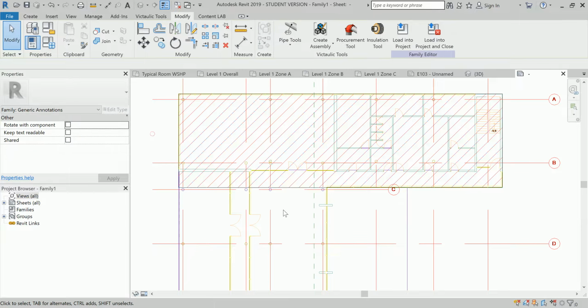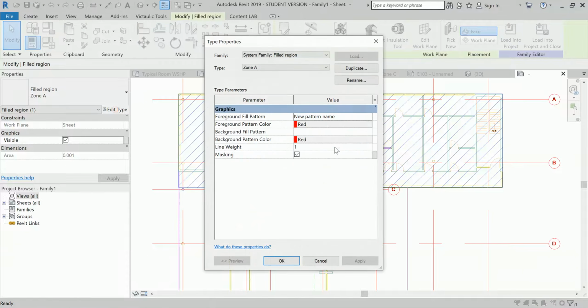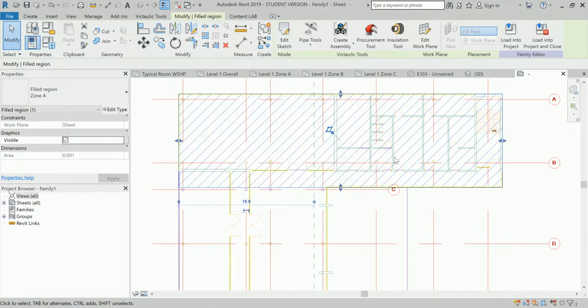So now it seems a bit more dense, and you can also customize your line weight for when you will be printing. Let's say it's 5. Okay, so now this is created as a filled region,